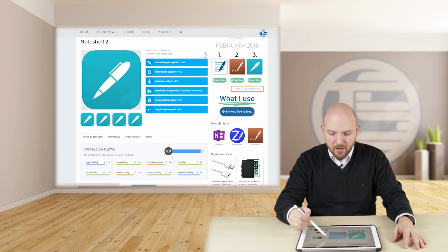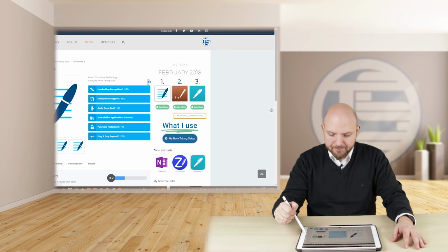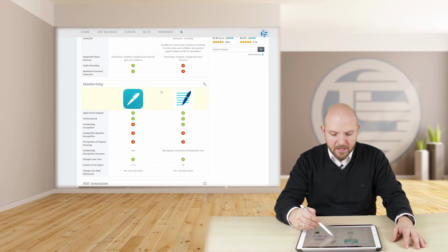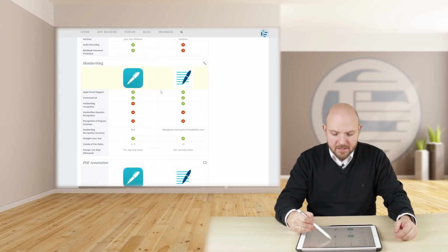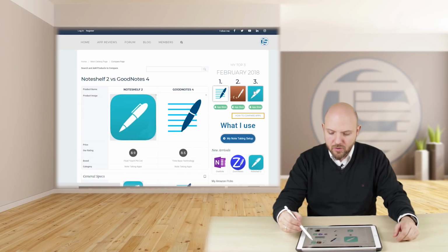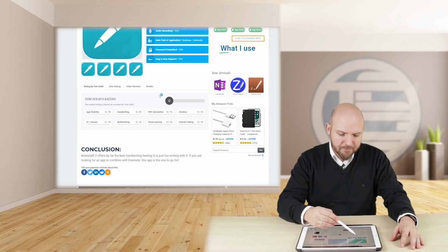And you get a comparison tool as well, so you can just click here and take another app and click again, and there you go, and then you can compare it with each other and so on. So that's something grown from my community. I saw there was a demand, and I think that makes it easier for all of you to choose the right app for yourself. So, and the combination of Evernote and Noteshelf2 I actually got from a user rating,